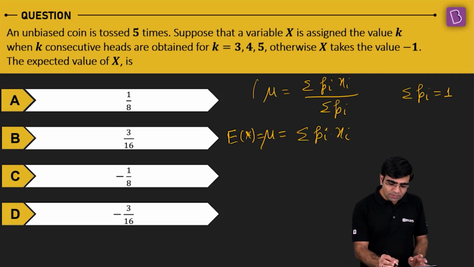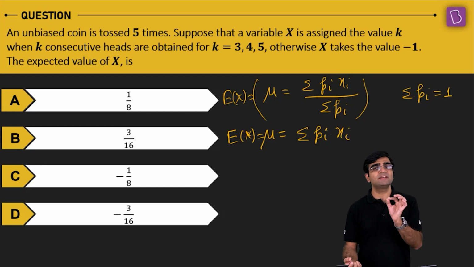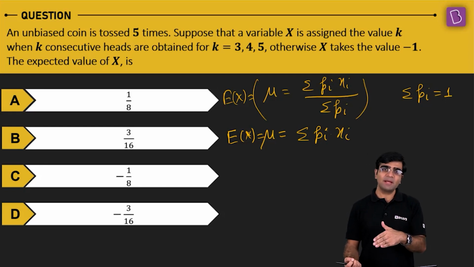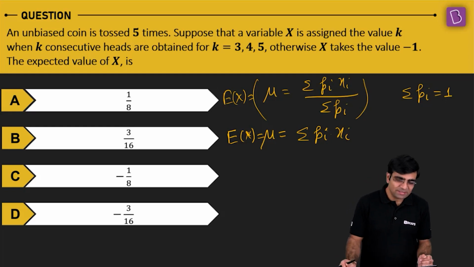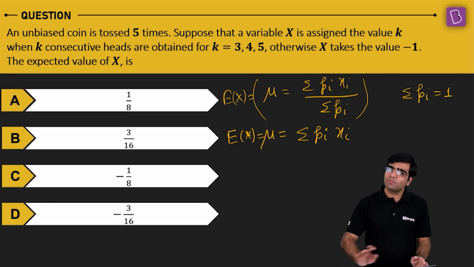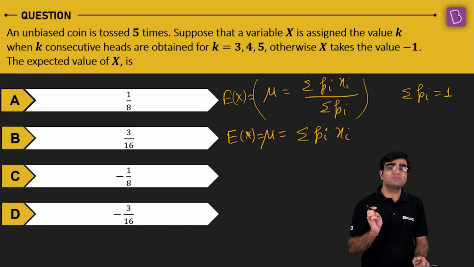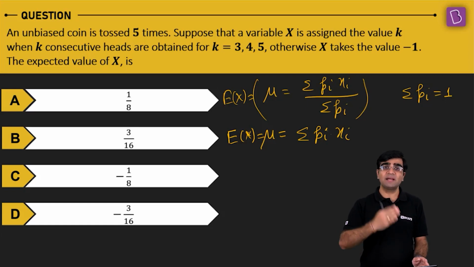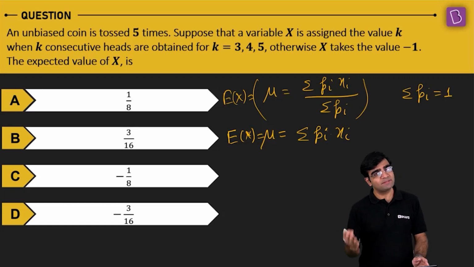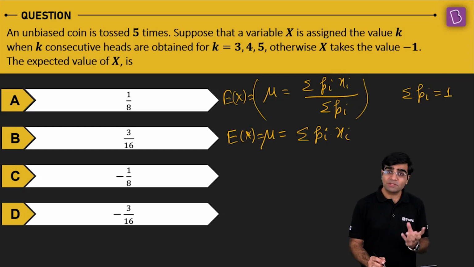All right, so the formula for the expected value, that is Ex or simply mu, is nothing but sigma pi xi divided by sigma pi, but sigma pi is always 1 for any probability distribution, right? See, if I'm tossing a coin, whatever the sample space, the probability for the sample space is always 1, right? There is no loss of any observation. So sigma pi is always 1, so expected value becomes sigma pi xi. Keep that in your mind. xi is the value associated with that probability pi, or in other words, pi is the probability associated with the value xi. Understood? Sorted. So let's quickly start making the table.